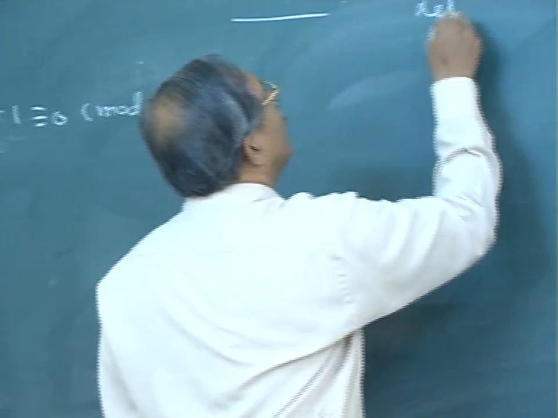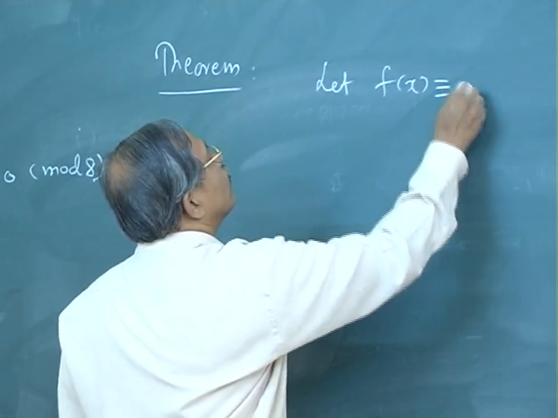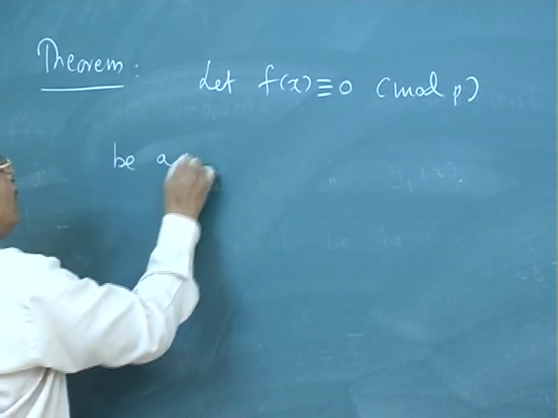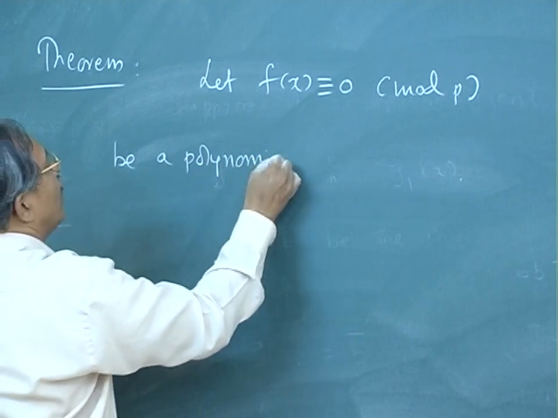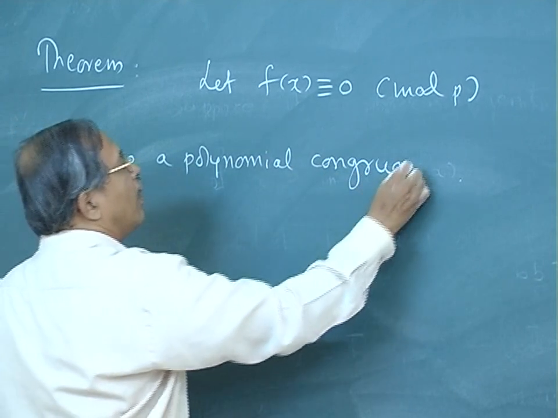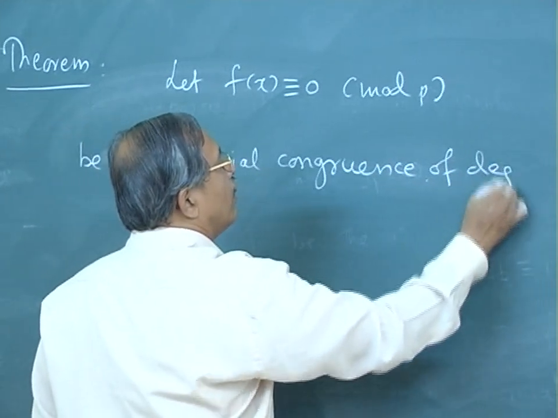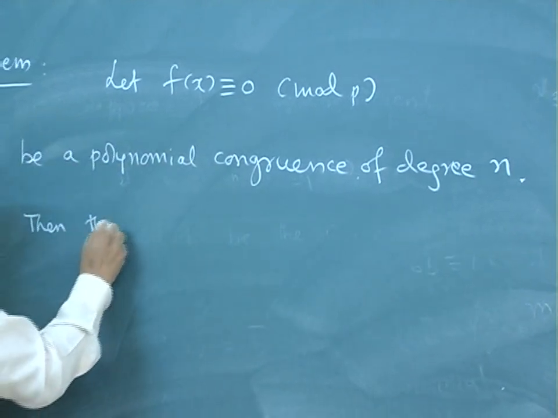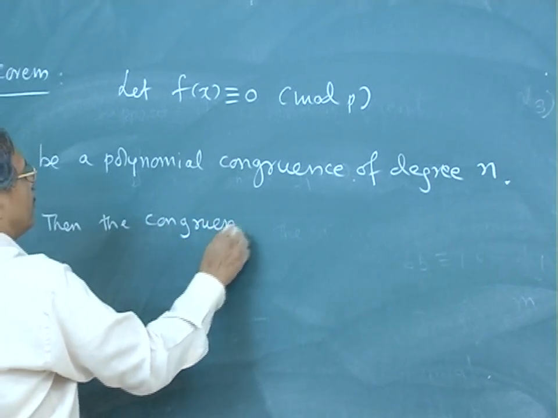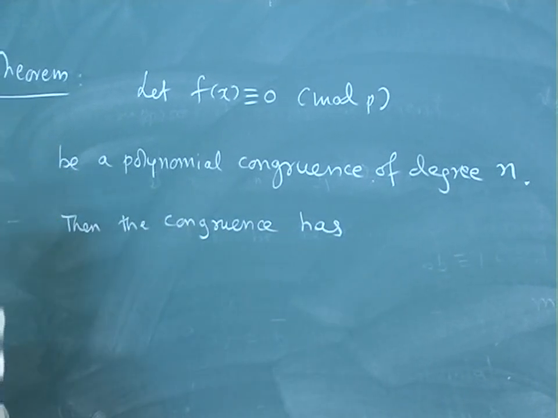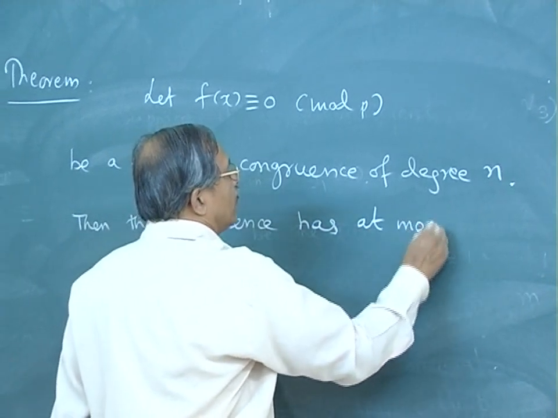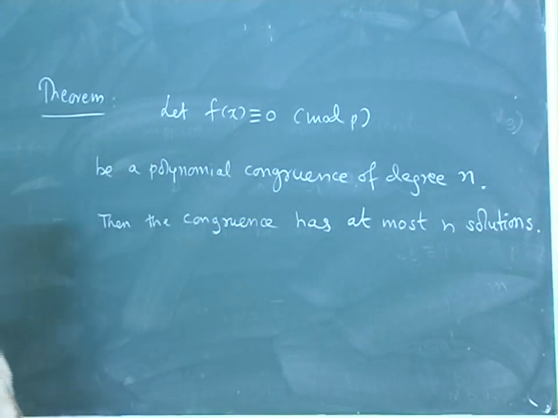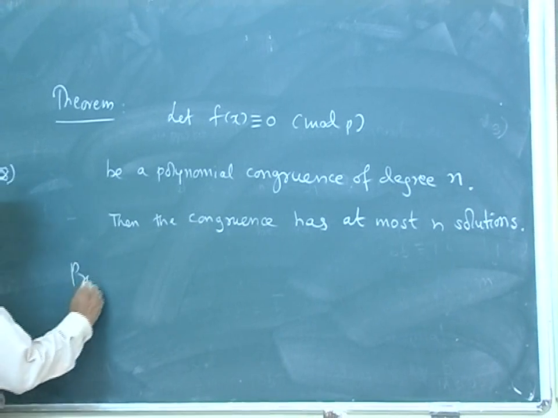So let fx congruent to 0 mod p be a polynomial congruence of degree n. Then the congruence has at most n solutions. Proof of this: